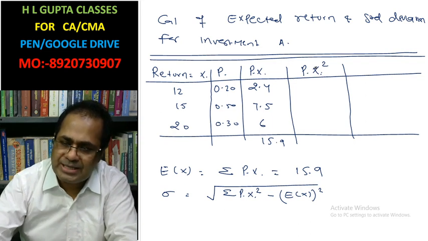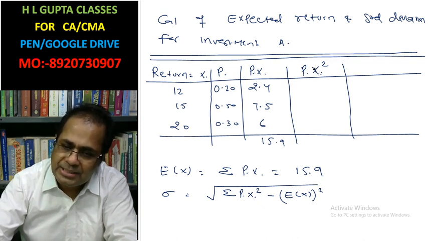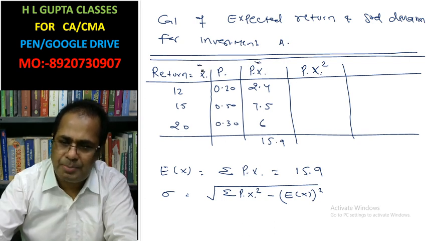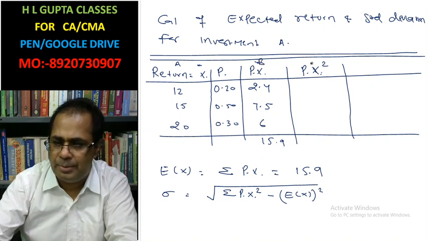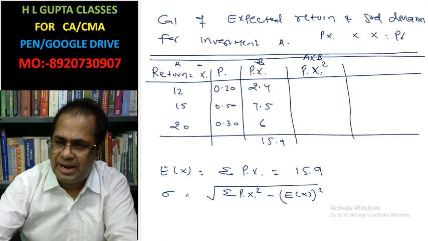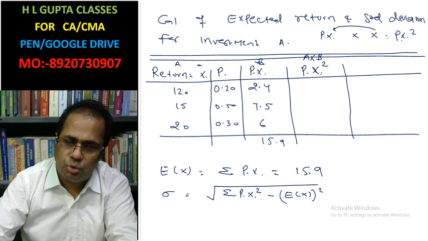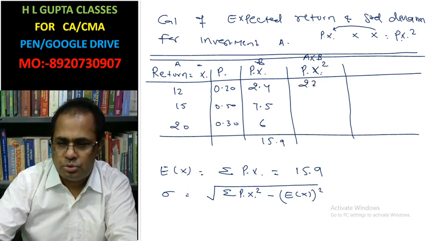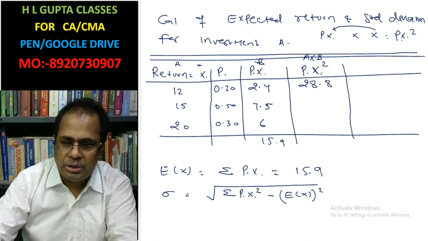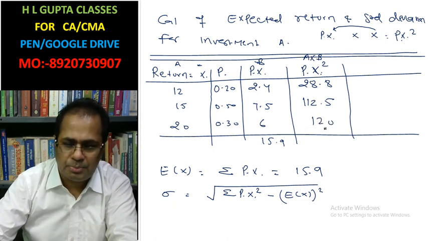Now PiXi. Suppose you have PiXi and this is the X, then you have to make PiXi square. If you multiply, suppose this is a and this is b, then PiX already here. Now if you multiply by X, then what will come? The PiX times X, this X becomes X square. 2.4 into 12 is 28.8, 7.5 into 15 is 112.5. Similarly, 20 into 6 is 120. The sum of these all,